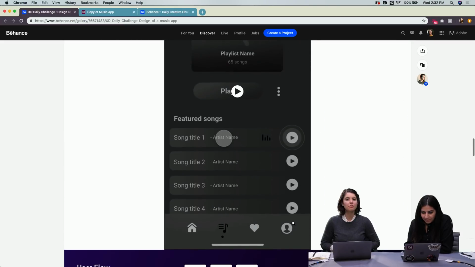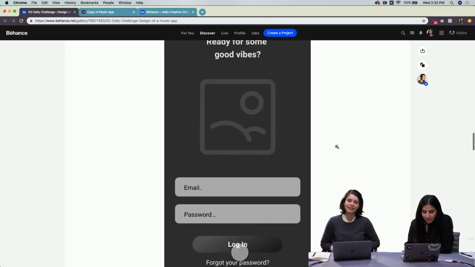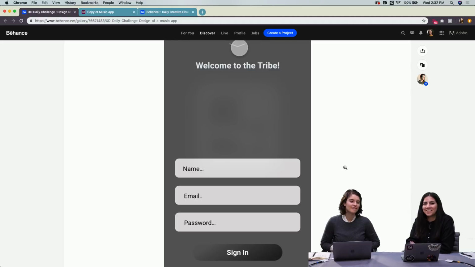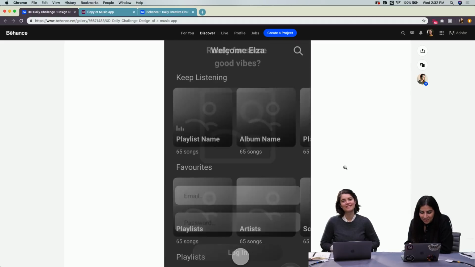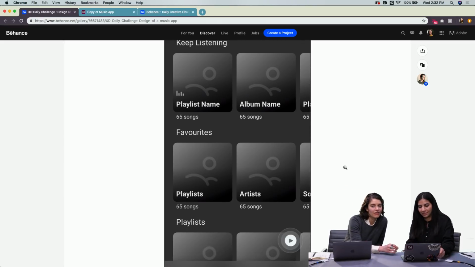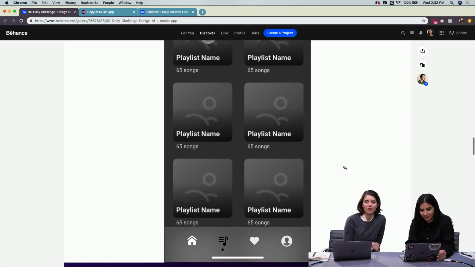Is this a prototype? Yeah. Cool. Oh, nice. My screen can't take the whole view, but this looks really good. I like how you also included the prototype of the low fidelity version as well. Let's go through the menu.